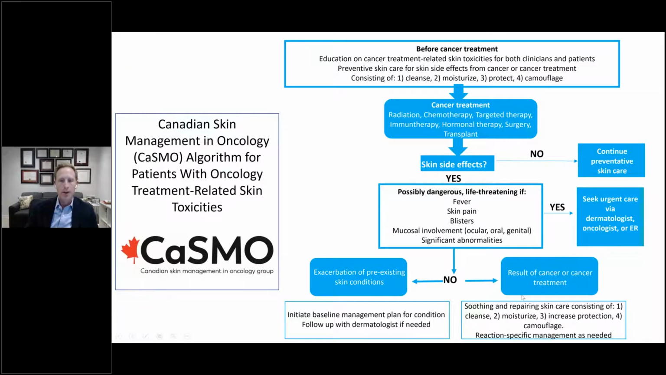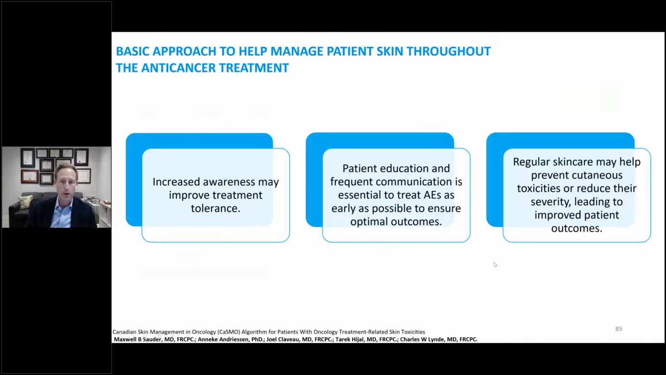If there are any of those signs, they should seek urgent care, either via dermatologist, oncologist, or ER. If it's not dangerous or life-threatening, then the next step, which really gets into more the reaction-specific management, is identifying: is this an exacerbation of a pre-existing skin condition? If so, please implement whatever their initial pre-existing skin condition management was. Or is it a reaction to the cancer or cancer treatment? And if so, then you get into the reaction-specific management, which is beyond the scope of